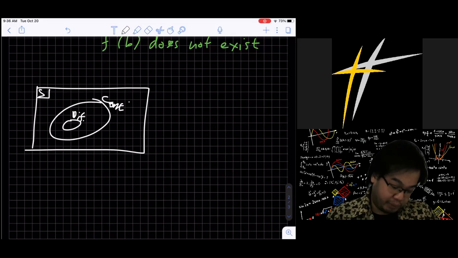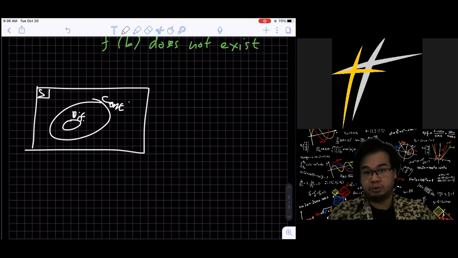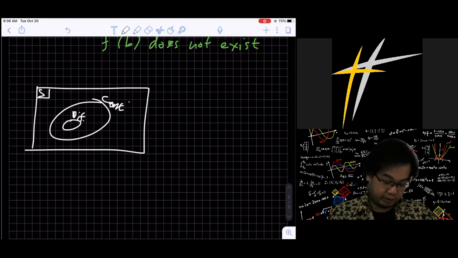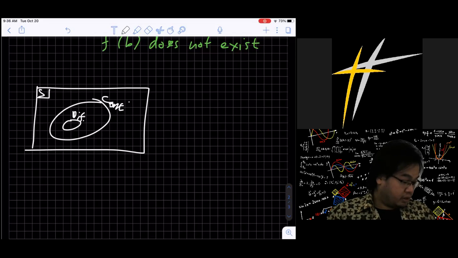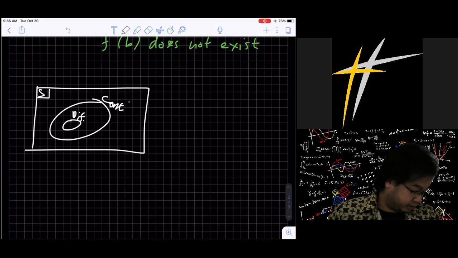So basically, I will repeat: if function f is differentiable at x equals c, then f is continuous at x equals c. If function f is not continuous at x equals c, then f is not differentiable at x equals c. Okay, so keep that in your mind. So now look at your book, example 3. Now state whether the functions in the figure are differentiable or continuous at x equals c.